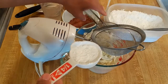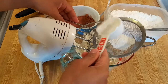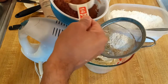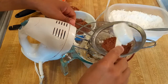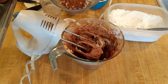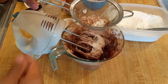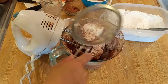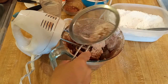I honestly don't think you have to sift it, but I'm going to sift the powdered sugar and the cocoa powder. I honestly think it's more critical to sift the powdered sugar, or excuse me, the cocoa powder. But like I said, I don't think it's absolutely critical. When you add a little bit more cocoa powder and powdered sugar, what you might want to do before turning on your mixer is try to use the beaters themselves to mix the dry ingredients in a little bit,